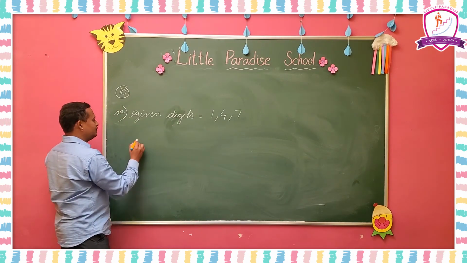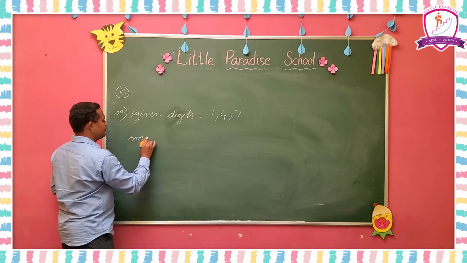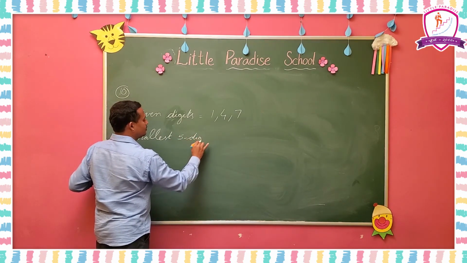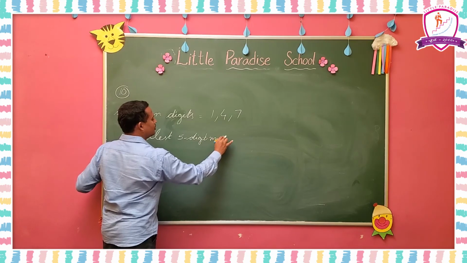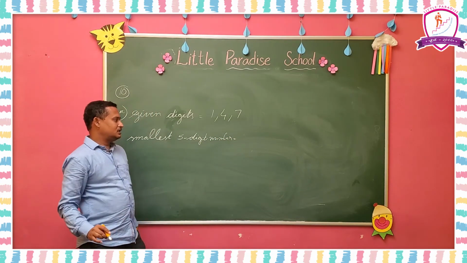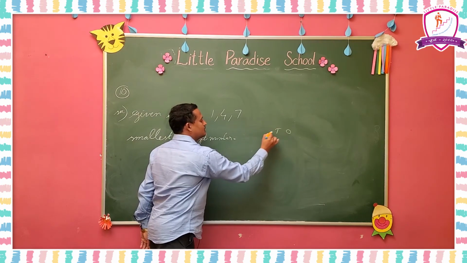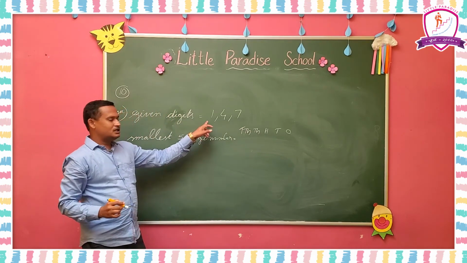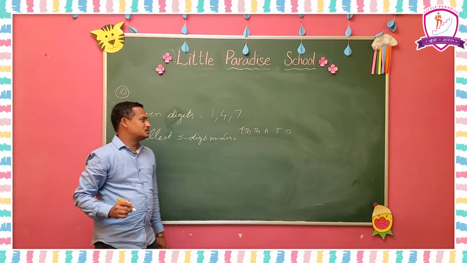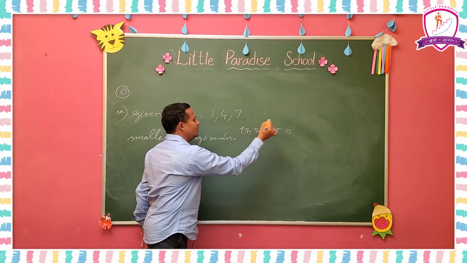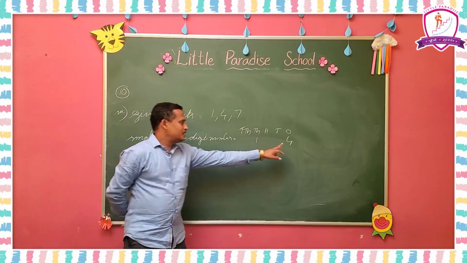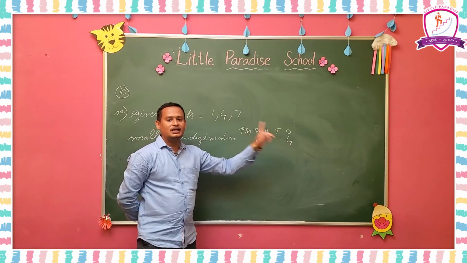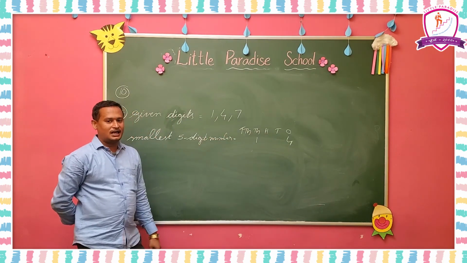So when you are writing the smallest 5-digit number, it means ones, tens, hundreds, thousands, ten-thousands. According to the condition, first fill the thousands place and ones place. Here, thousands place 1 means in ones place 4, since the ones place number is 4 times the thousands place. Here 1 is in thousands place, so 4 is in ones place. Then the remaining places we have to arrange.